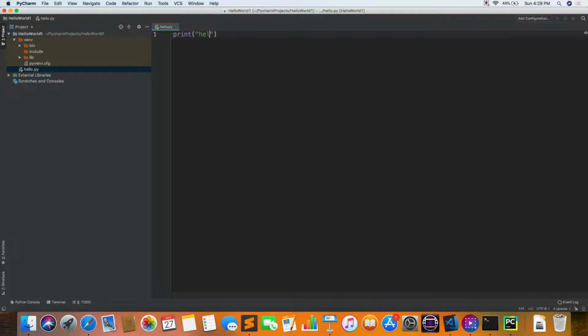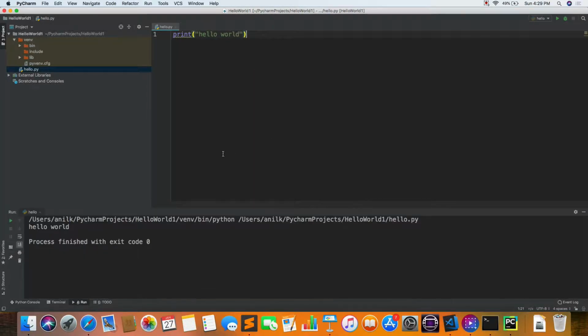print hello world. Now if you run this, it is printing. It is taking the Python interpreter from this virtual environment and running this hello.py file, and we got these